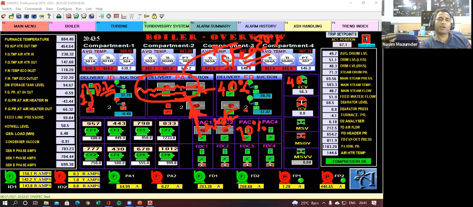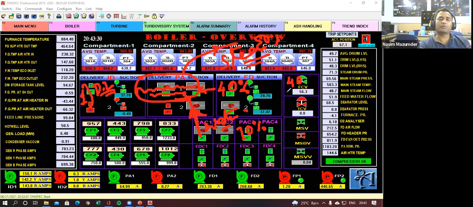If you are looking at only drum level, it is now 40%, and your water is coming in. After some time, when it is recognized that drum level is going high, you give a command to your control valve to close, and by the time the control valve is closing, your level will have gone high. So you have to decide then what.